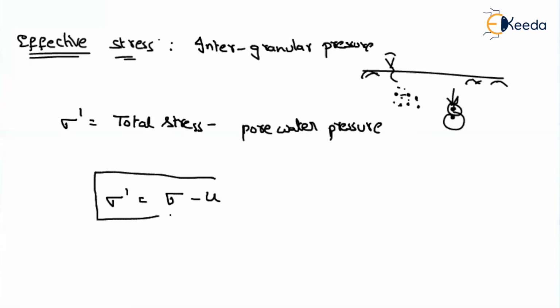So for a given soil deposit, first you have to find out the total stress, and then wherever you want to find out the stress, put a piezometer there, observe the pressure head, and subtract that value from the total stress. Then you will get the effective stress. This is about the different vertical stresses that we will use for some purposes that we will see in the coming lectures. In the next video, we will find out these three parameters for different types of soil deposits. Thank you.